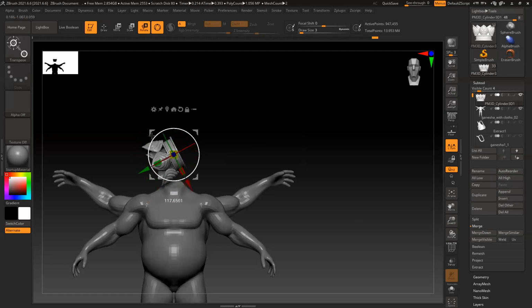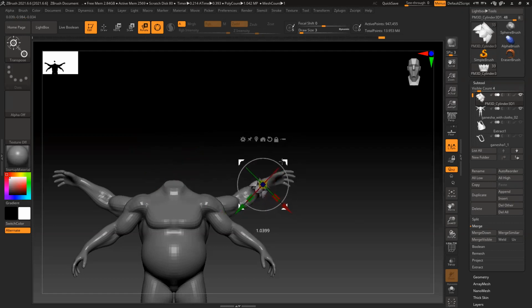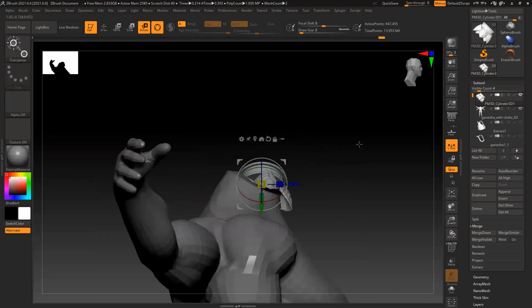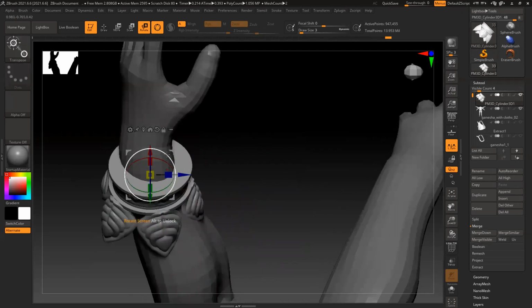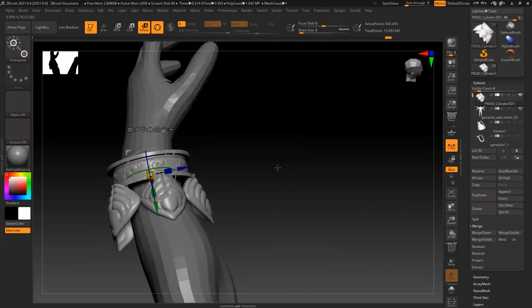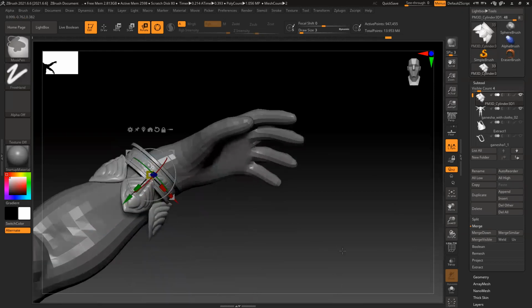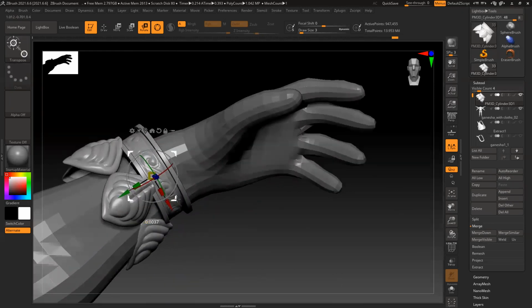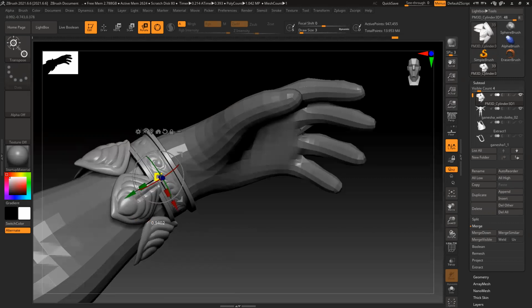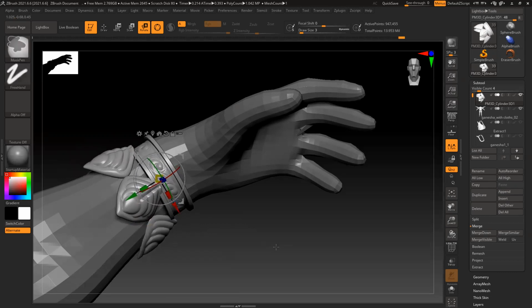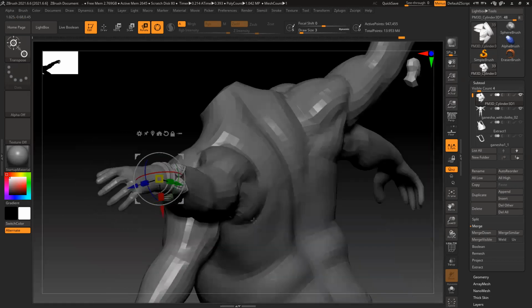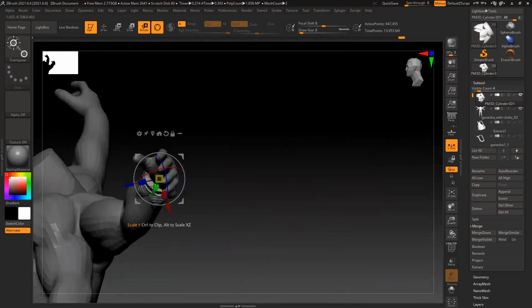So let's switch it off. So for this, you can see keeping this thing intact, like hollow.